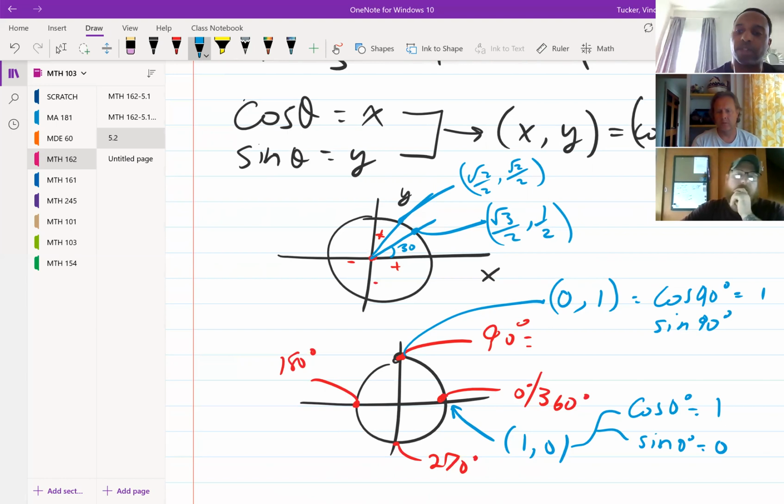Sine of 90 degrees is 0. So all those things apply. So the same thing is going over here. Let's say if this is 90 degrees,